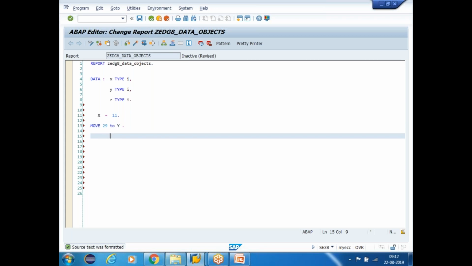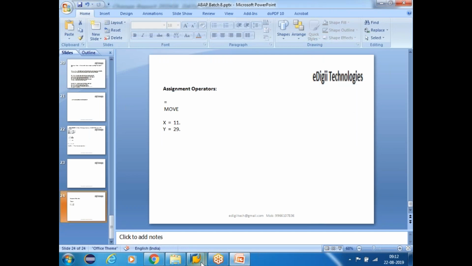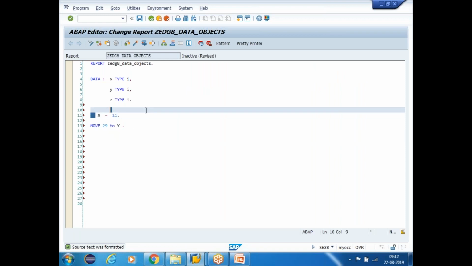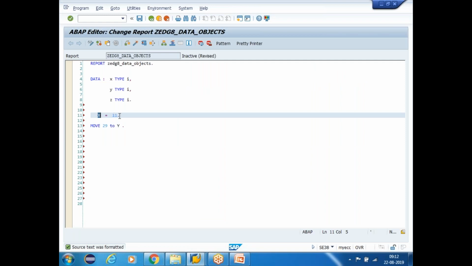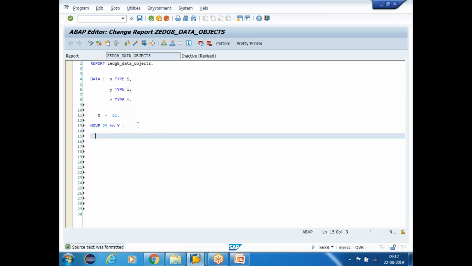So these two statements we are going to call assignment operators, guys. You can see here I did it in two ways to show what the assignment operators are. For x I have used the equal operator, and for y I have used the move statement. And I am going to have